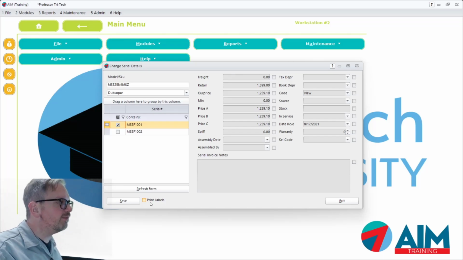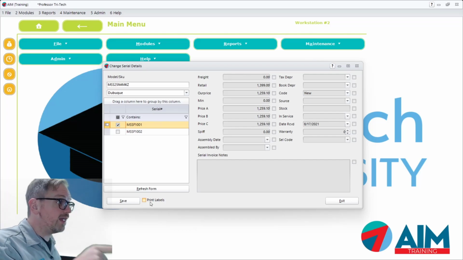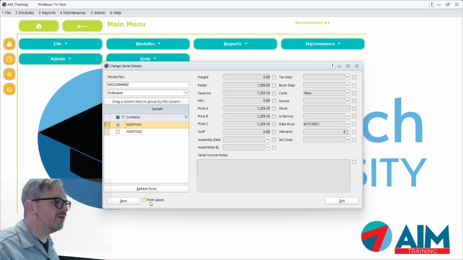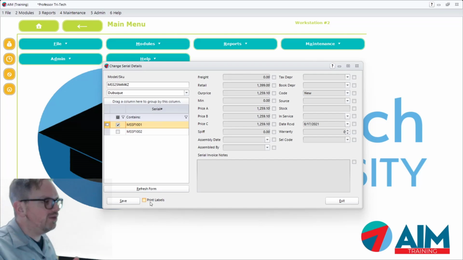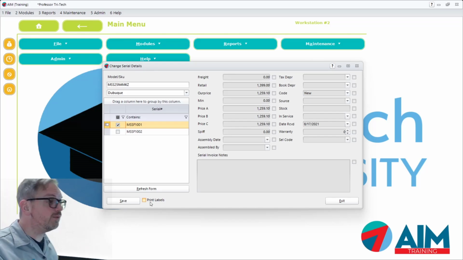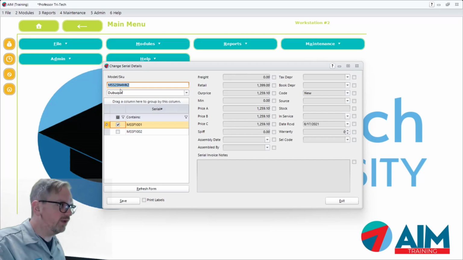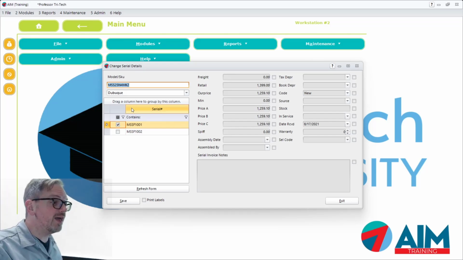Yandas is asking, can we use this module to update prices on all serial numbers under a SKU? That is actually what this program is here, is the updating of the individual serial records. Back on the Change SKU Details program, where we were just at, you can use that to make adjustments on the serialized SKU, which is this record up here in this case. So back in the Change SKU Details, you change that, and then any serials you receive going forward would get